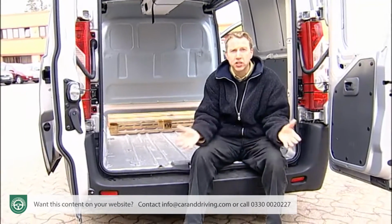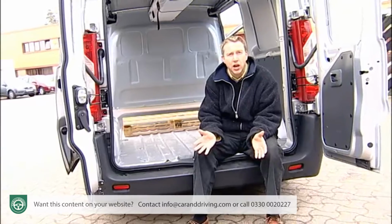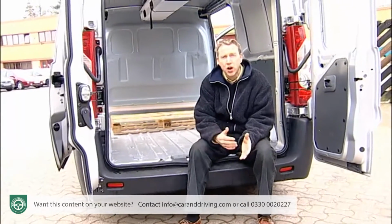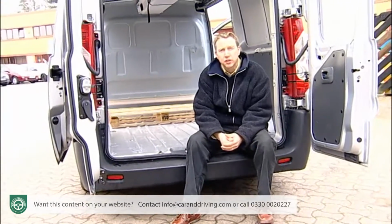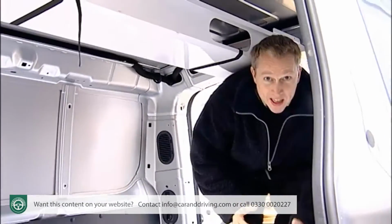Now, as you'd expect, this new generation Dispatch plugs that hole, nestling up to the Relay lineup with load volumes ranging between 5 and 7 cubic metres. Payload options of 1,000 kilograms and 1,200 kilograms mean that this Dispatch can handle a lot more weight than before,